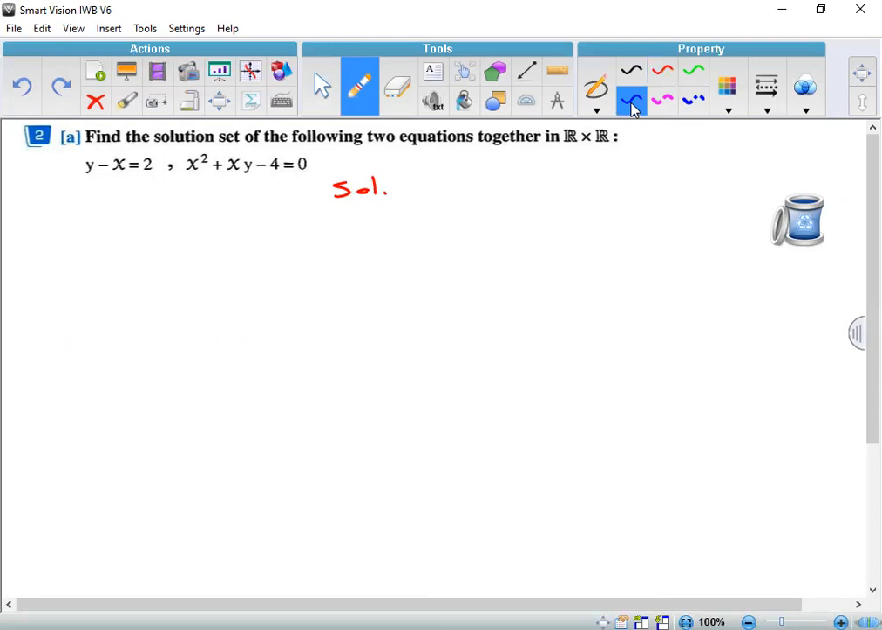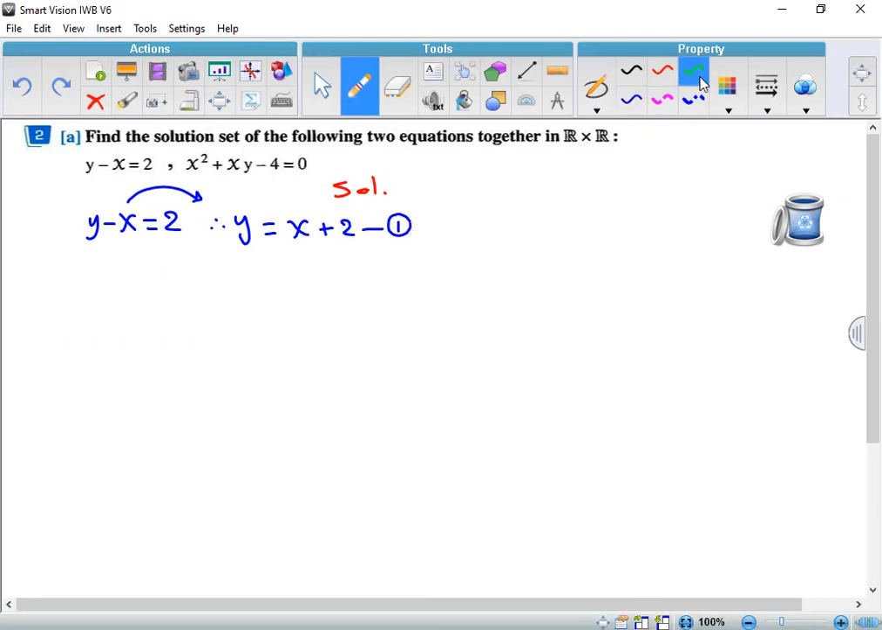y minus x equals 2, then y equals x plus 2, moving x to the other side. This is number 1. The second equation,